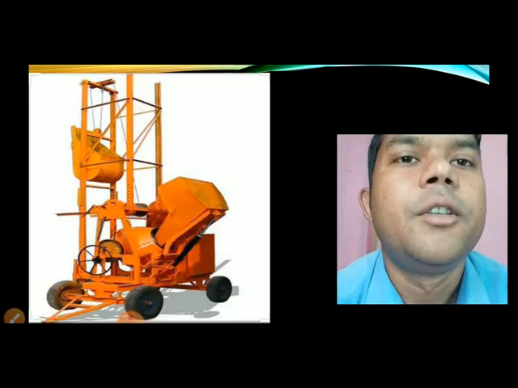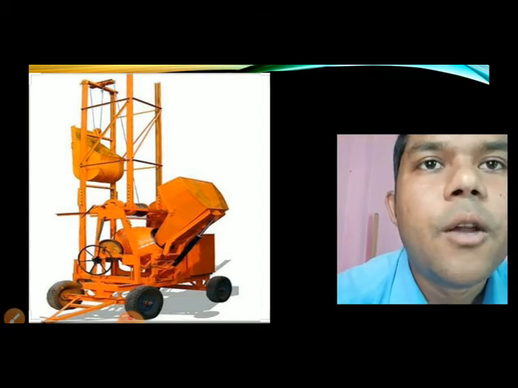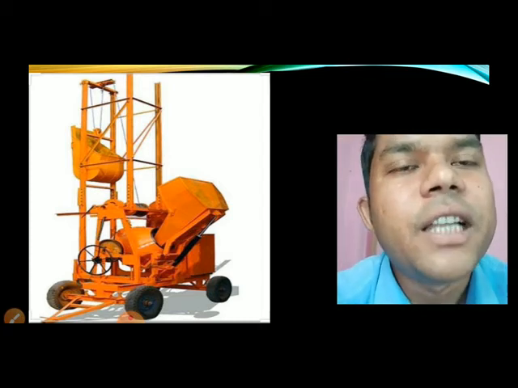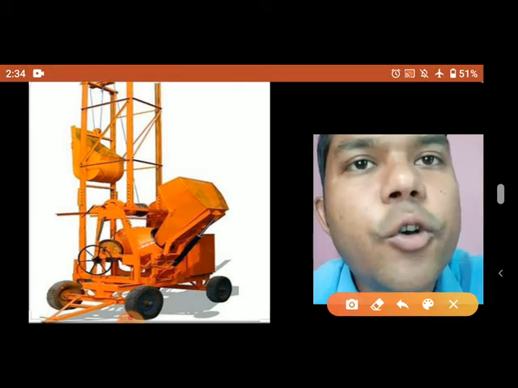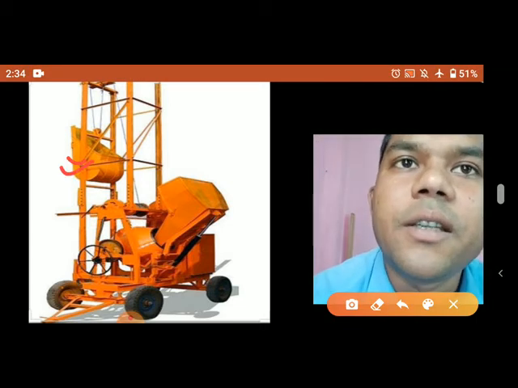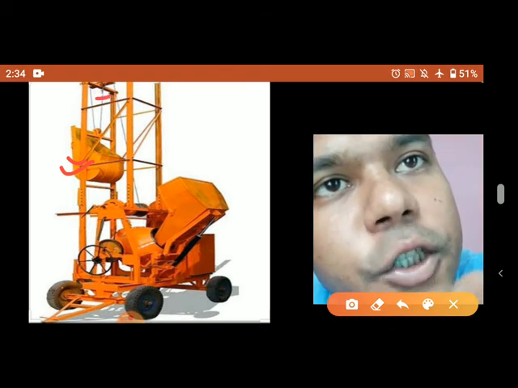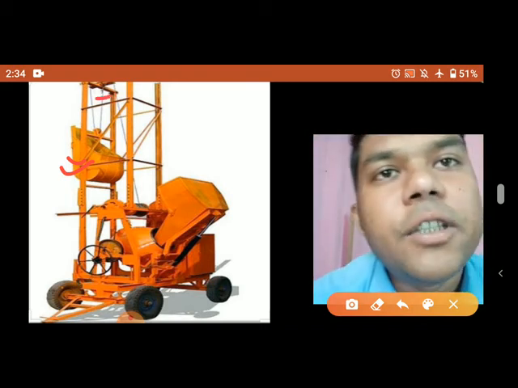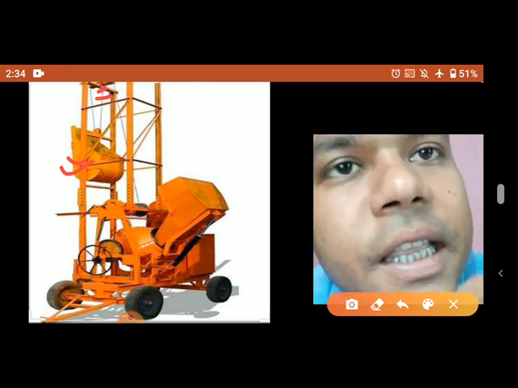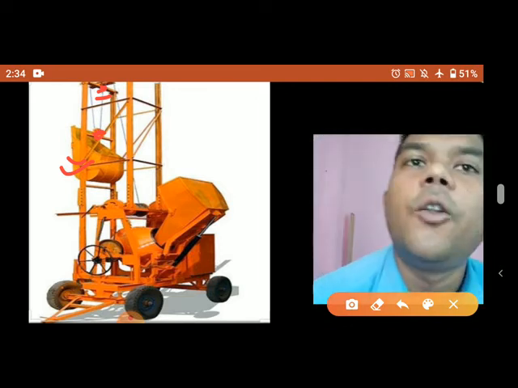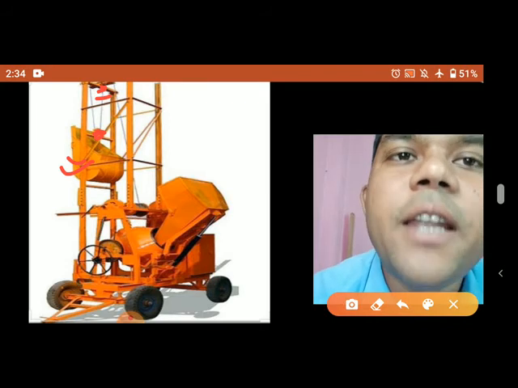I think we have seen the mixer during construction work. What happens in that also? There is a combination of pulleys. You can see a box which goes up and down with the concrete, cement. And at the top also there is use of a pulley. This pulley is fixed at its point, that is a fixed pulley. But the pulley in this box that moves up and down with the load is called a movable pulley. And overall that is called block and tackle or combined pulley.